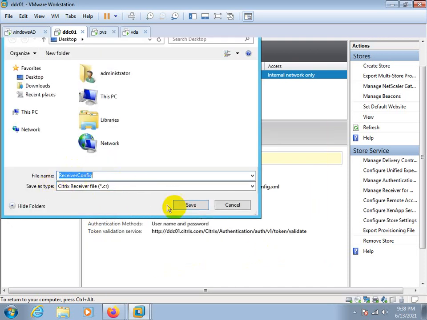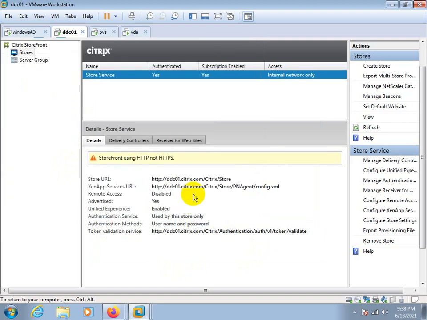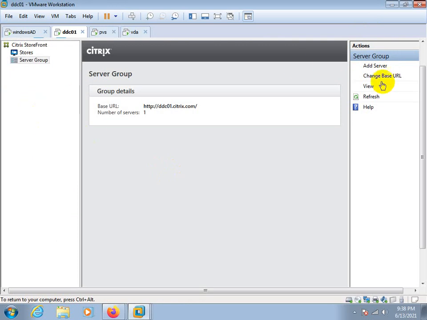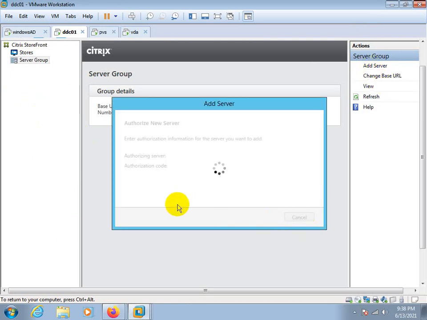So the receiver config is exported, and in case of anything we can also import that. It's a server group. In the server group, add a server.